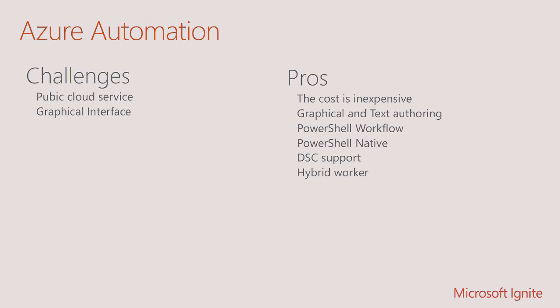Now the hybrid worker. So the hybrid worker is what I call the game changer. So the way the hybrid worker works, remember we were talking about the runbook worker in Azure Automation? So I kick off a runbook, it kicks off in the cloud. The way the hybrid worker works is I register my hybrid worker with OMS. For those who don't know what the heck I'm talking about with OMS, you need to go to one of those sessions. Once I've registered that server to OMS, I can then run a PowerShell cmdlet that registers